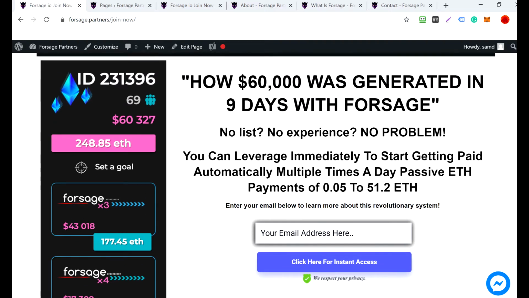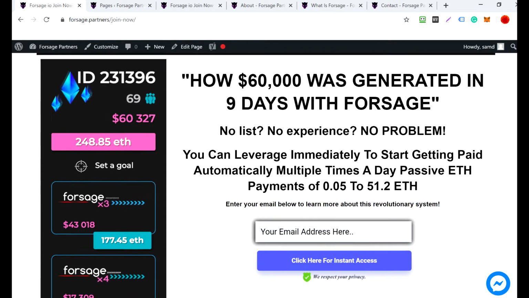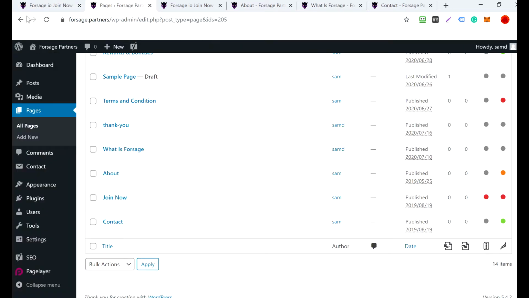To access this, the first thing you need to do is log in to your WordPress account, and then you will see the backend. It will look like this. We have the dashboard here, the posts and the pages, all the funnel which we have created. It's all working in the pages section. So all you need to do is click on pages and you will see all the pages right here.